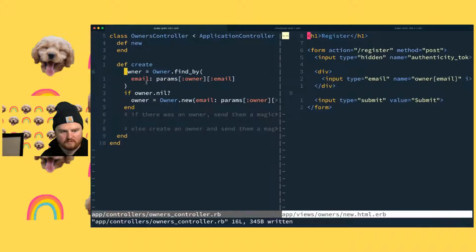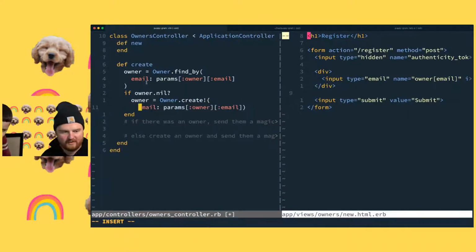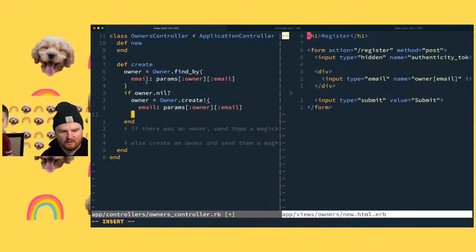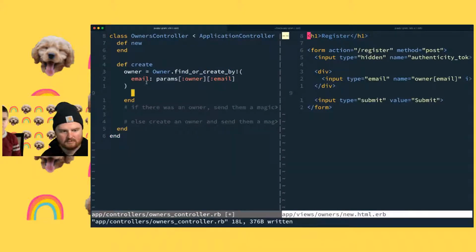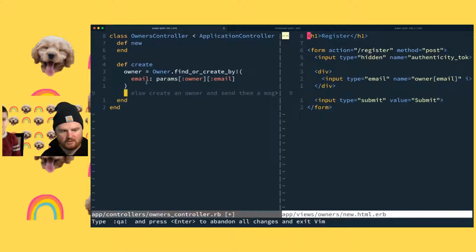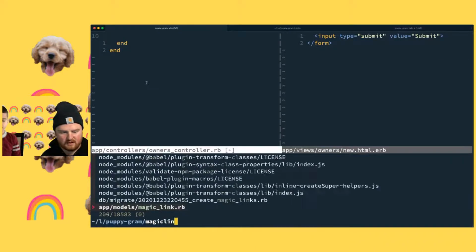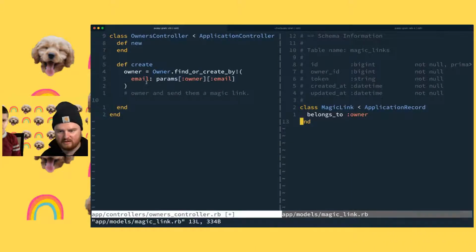Okay. Yeah, we'll just create. That way, if it fails, you know what? I think we can do find or create by. So what do we got so far? Right now we're just gonna create an owner and then send them a magic link. So we need to create a magic link. Okay, so